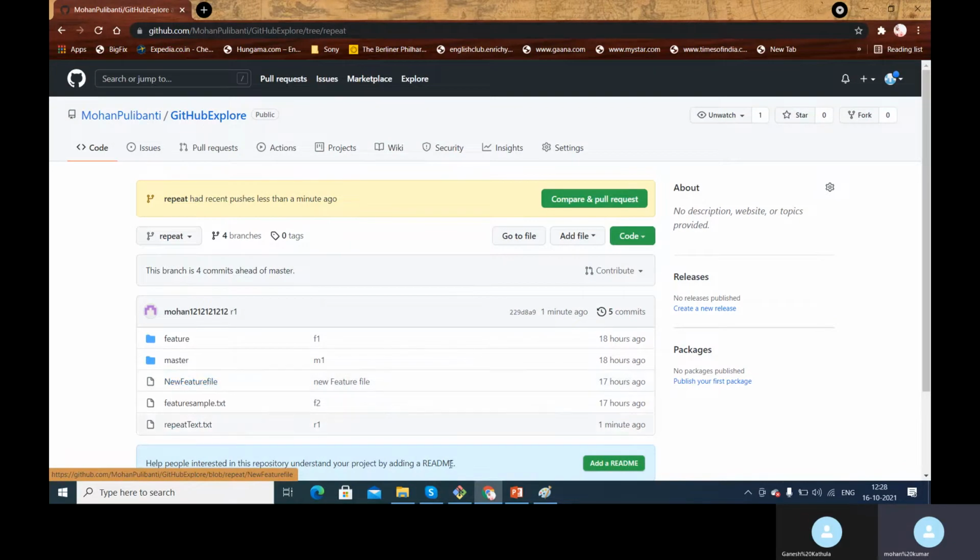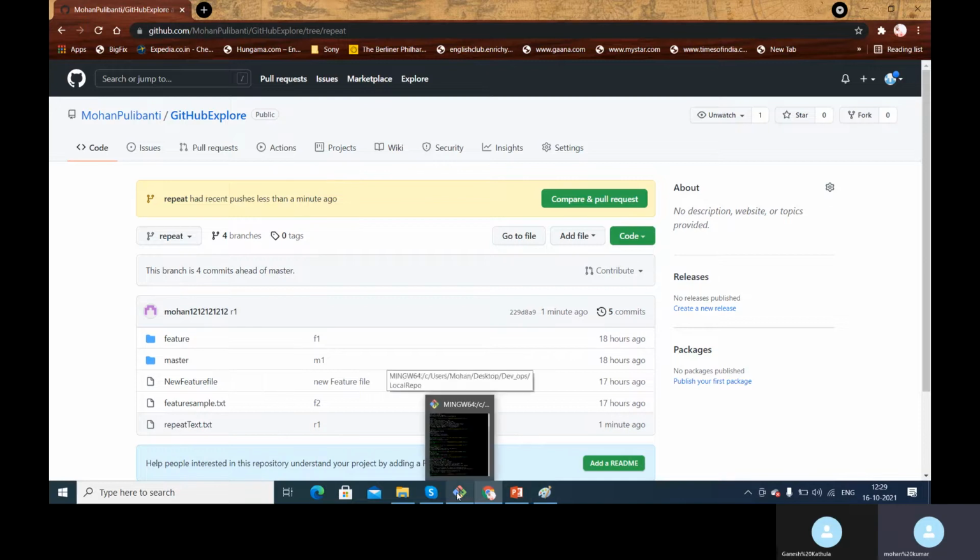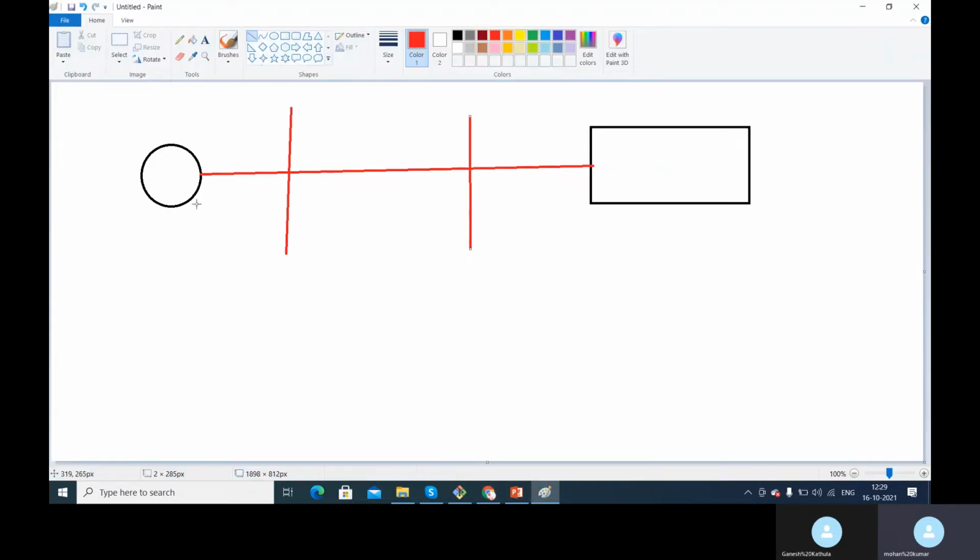So now this part is done. We are successfully able to commit changes on the local repository and push that successfully to the remote repository, right? And now the intention is whatever changes that we do on the remote repository also have to be brought onto the local repository, right? So that is the other thing that we have to do.